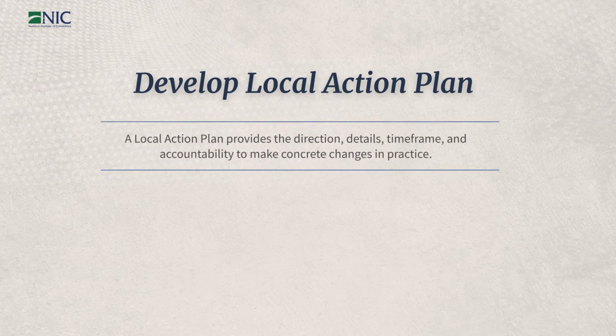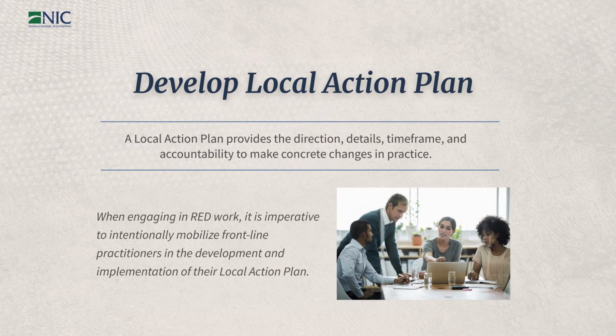We also break that strategic plan down to the local level. So one level, we can do that on a district-wide level. We can do that on a statewide level. If you're dealing with a district that covers multiple states, you can have a plan for your entire district. And then you can break that plan down based on smaller groupings, right? But you develop that local action plan that kind of directs the framework and the timelines for accountability, for having conversations, for pulling data sets, for going through data walks, and assessing the changes that are being made along the way. Each local action plan develops their own strategies, right?